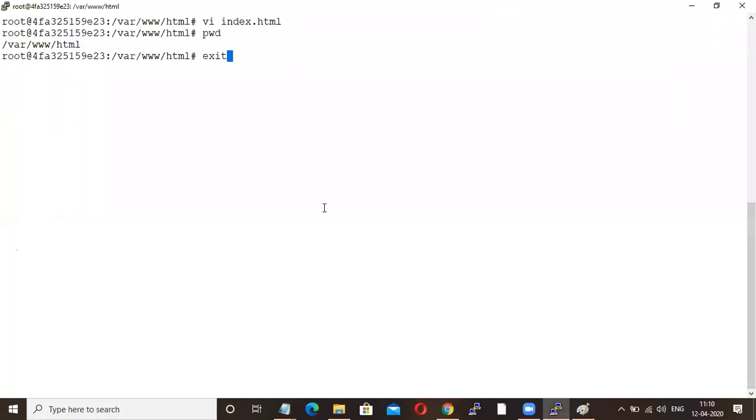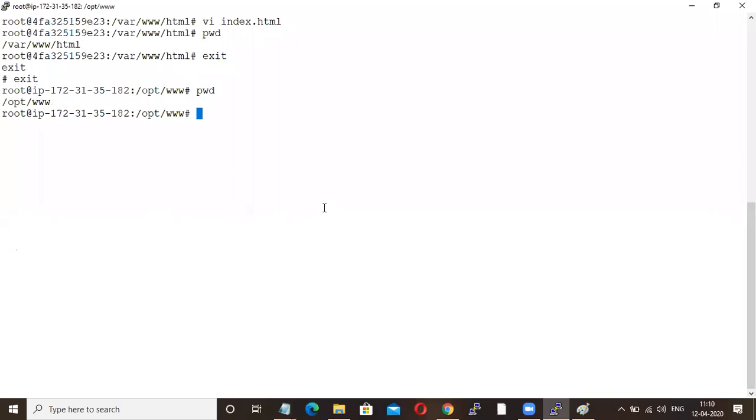See here, right now I'm getting this one. Now I'm just telling my developer, your container is ready. Now place whatever files you require in /opt/www. Right now I'm in this path.